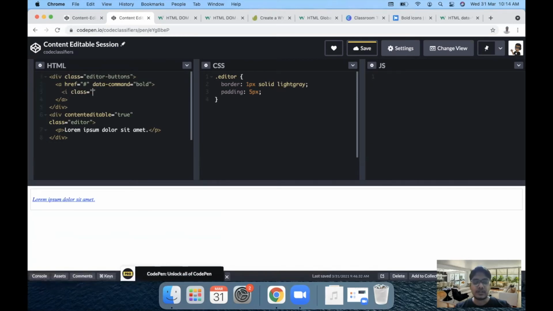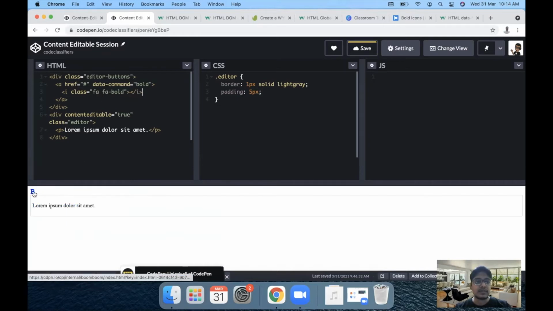Within that, we are going to use Font Awesome classes. So for bold, we have fa-bold. Now as you can see, we have a bold icon here. I would like this icon to be black, so I'm going to set the color of the a tag link to black.